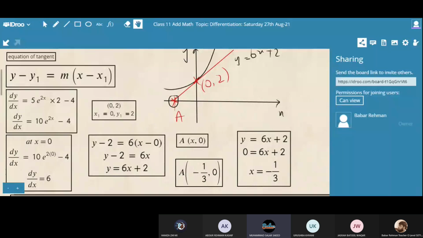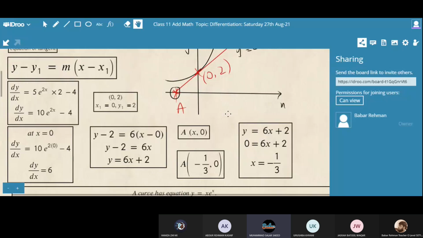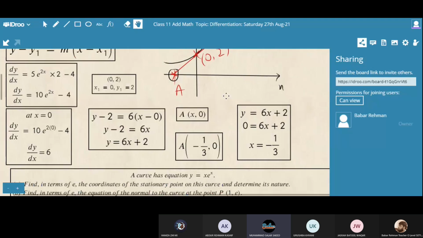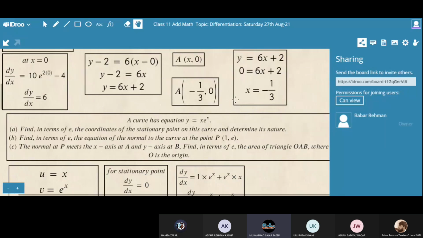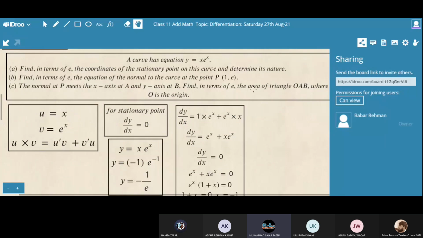With the first question, we want to know how to find the equation of the tangent by first finding the derivative of the equation of the curve, thereby inserting the values, and then getting the x and y coordinates, and then formulating the equation of the tangent. While in the second question, we were able to find the equation of the normal to the curve in terms of t. We were also able to find the stationary points and also to determine its nature, whether it is minimum or maximum points.